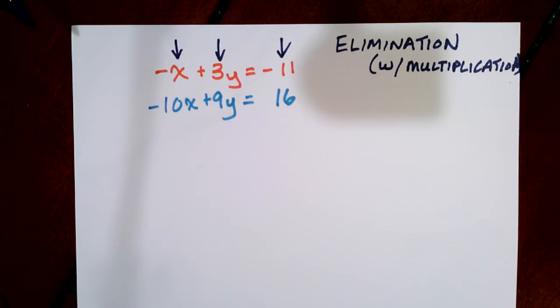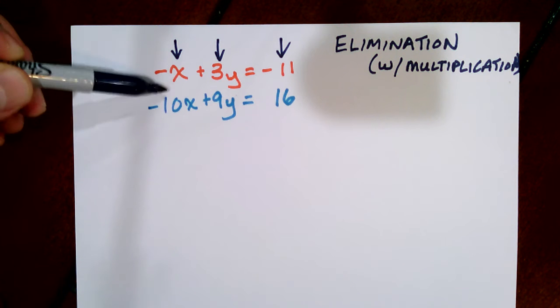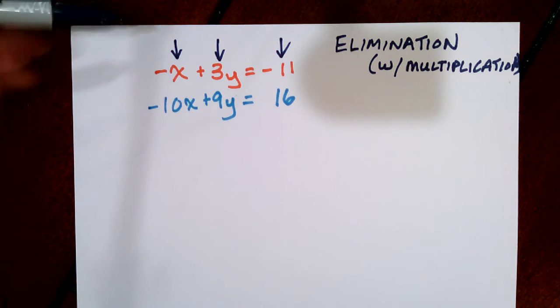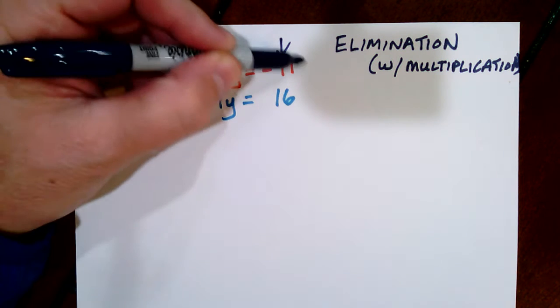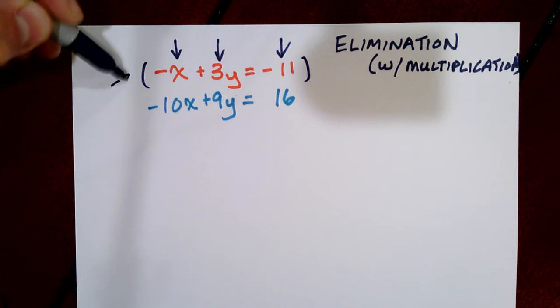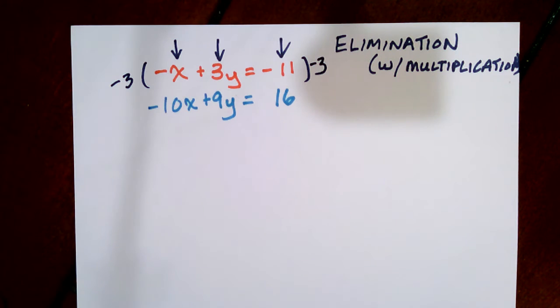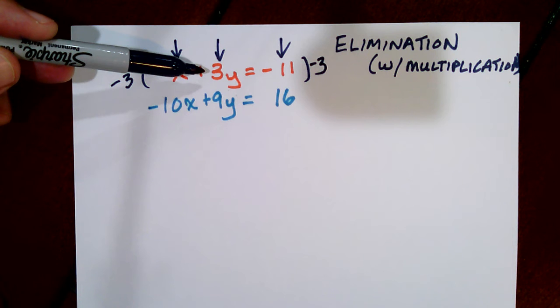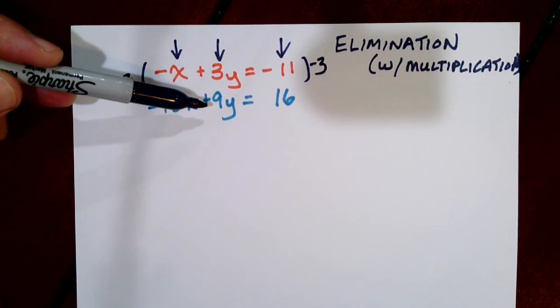So in this case, neither one of them is going to eliminate. Here I would get a negative 11x, and here I would get a 12y. So my choice is going to be to take this top equation, and the rule in math, multiplication property of equality, says I can multiply both sides by whatever I want, and as long as I do that to both sides, the value won't change. So in this case, I'm going to choose to multiply it by a negative 3 on both sides, and that's going to change this middle y term from positive 3y to negative 9y,